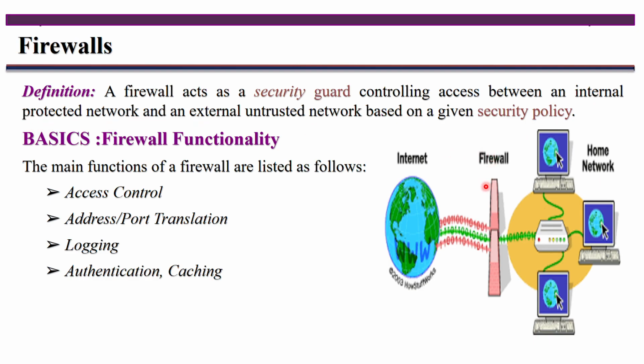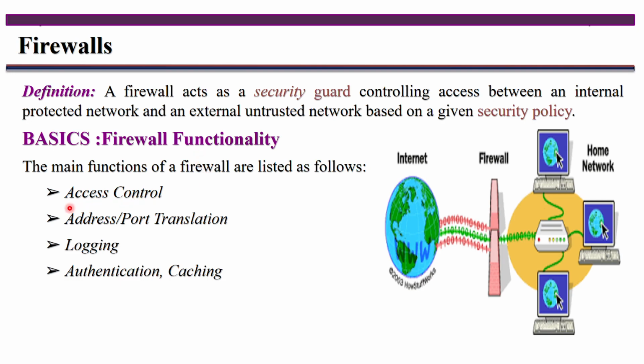Now, for implementing a firewall, there are two ways. Either you can use hardware as a standalone firewall appliance, or software on a PC. For example, for individuals or small businesses, a single firewall is enough. For large businesses and large enterprises, you can implement multiple firewalls. Let's see the functionalities of a firewall.